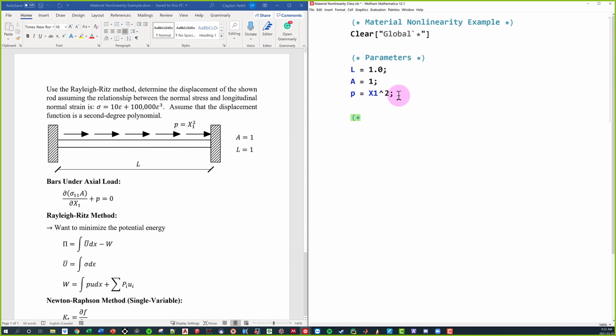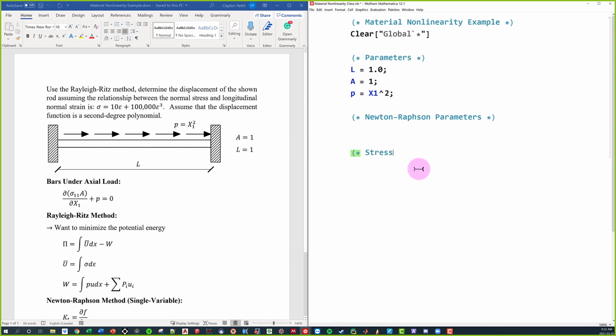So in addition to our parameters related to the beam, we're also going to have some Newton-Raphson parameters. We're going to get more into what these are a little bit later on in the analysis. For now, I'm just going to leave it blank, but keep it open so that later on we can come in and say, all right, I need these specific parameters. So we're going to ignore that for now and move on to the next one.